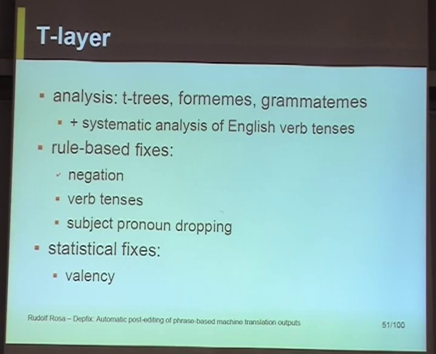I prefer not to call them tactic-grammatical trees because we don't use most of the things about tactic-grammatical trees. We use formemes most of the time, which are these things that tell us which case the words are in and which prepositions they have, and some of the grammatemes. But we, for example, are quite unable to use things like functors, because one thing is that the automated analysis of functors is not good enough. And the second thing is that actually for corrections of grammar, we don't need the functors so much.